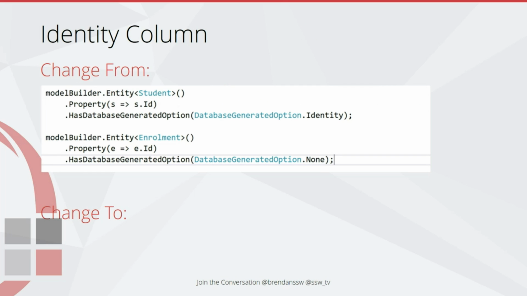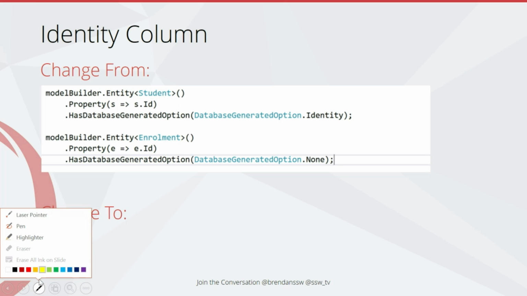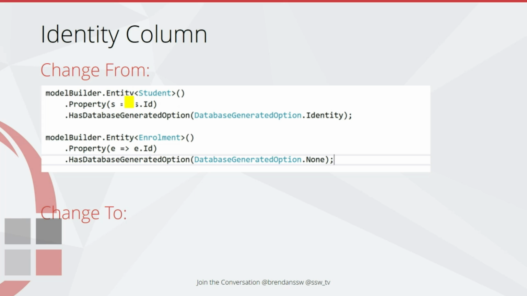There's lots of changes around the actual Fluent configuration and the various words, but I'm going to give you one kind of example here because I think it makes it clear to understand why these changes have been made. In this top one here, I'll get the highlighter out. So in this example, we've got two properties that are set up. One has been set up so that this particular property is an identity column in SQL Server. So that will automatically, when you try and save it, it'll just get the next value from that identity, and it's generally used for primary keys. And if you've got a primary key against your object, then it's set to identity by default.